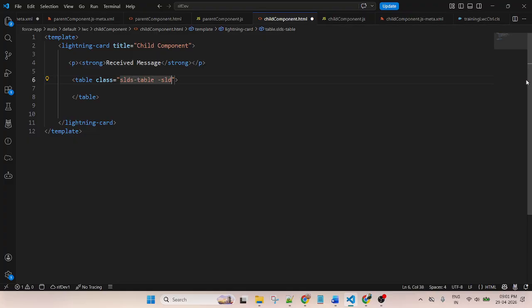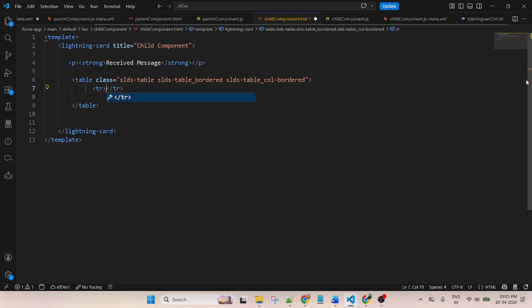SLDS table, SLDS table border, SLDS table col border, then use table head.